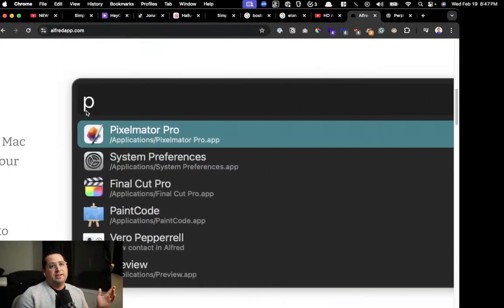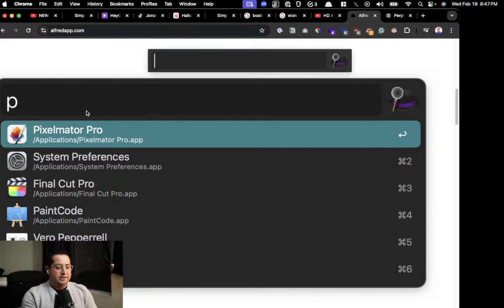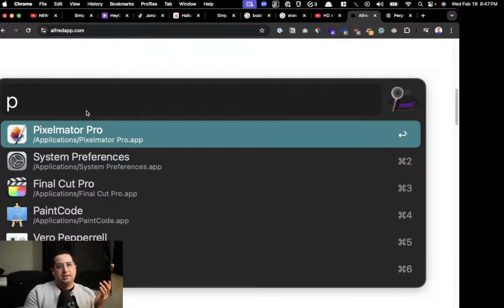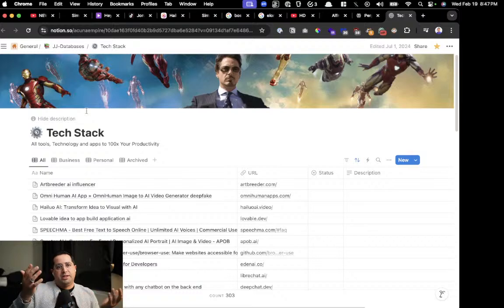The first thing it has is what you're seeing me do. I call it teleporting, meaning all the important websites I go to are already bookmarked. I just search for the name and it automatically opens Chrome and takes me to that one page. Say for example, my tech stack is a bookmark that takes me to that direct Notion page where I have all my Notion tools and stuff like that.